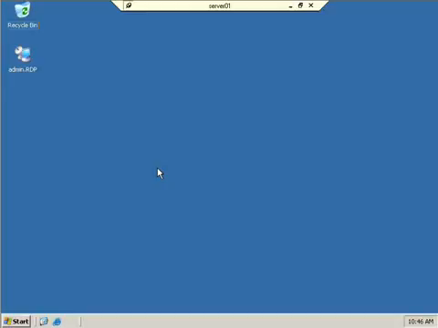Now I know that you're going to take a look at the remote desktop capabilities of Windows Server 2003. It's a fast and powerful method of providing remote administration to your entire